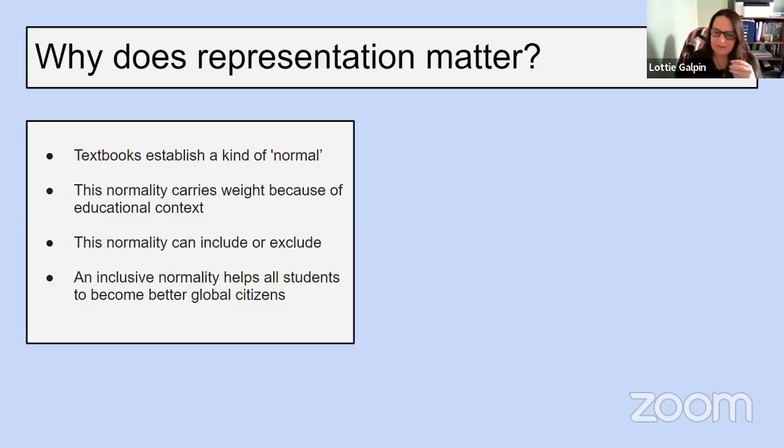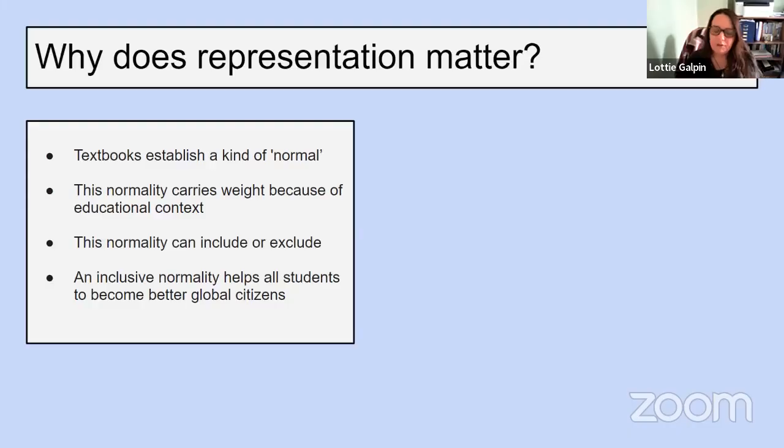If students can see themselves in those materials, it follows logically that they're going to be more engaged with those materials. They're going to be more engaged with the educational process. And the converse is, if you don't see yourself, maybe you're not going to engage very much with those materials, perhaps even with the subject or the experience of education. If you don't feel included, if you don't feel it's relevant to you, why would you engage?